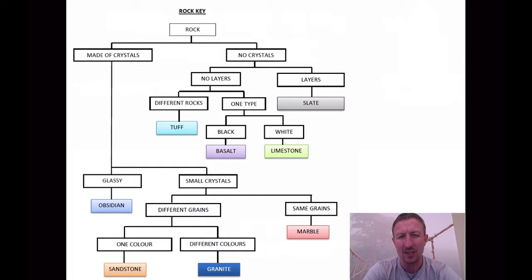If you were actually to use keys which a geologist would use, it would be a lot more involved, and there would be a lot more processes that you'd have to run through. There may be just observations, but there might be some chemical tests, physical tests that you might do on that rock. So what I'm going to do is very quickly show you how to use this rock key,